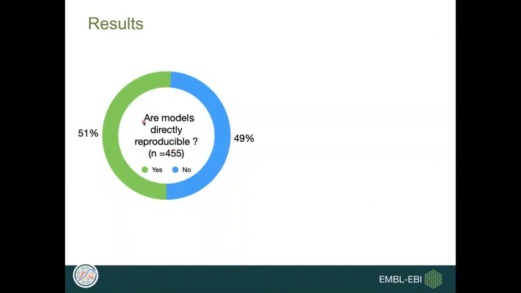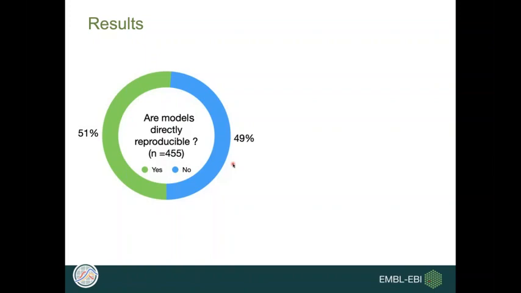The answer is here. You can see about 51% of the models are directly reproducible based on the information provided in the manuscript, but unfortunately, about 49%, that's half of the models, cannot be reproduced using the information provided in the manuscript,